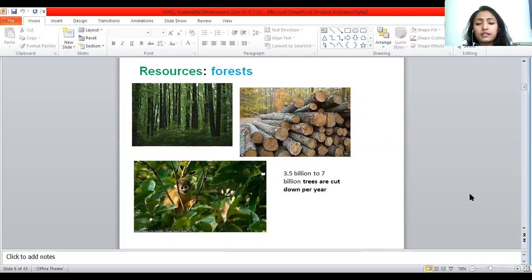Third, I want to discuss the forest. Of course, we all know, and since our childhood we have been listening about the importance of trees in our life, the importance of trees on the earth. But for a long time we have just been listening about it. But how much do we practice saving the trees? Why do we use trees? Why do we cut trees basically?